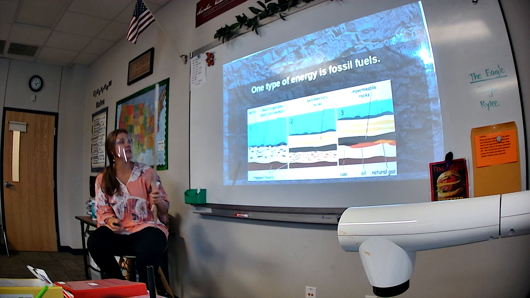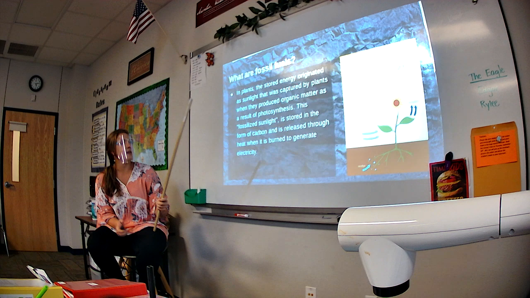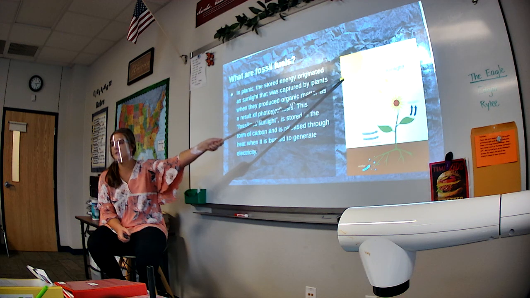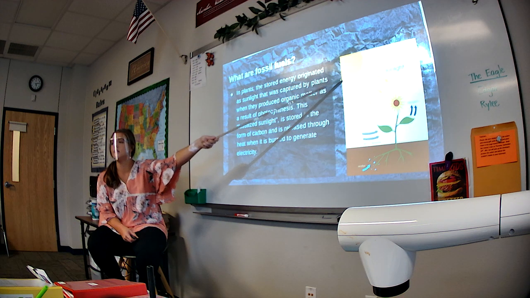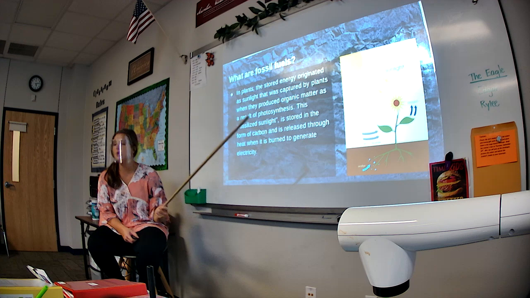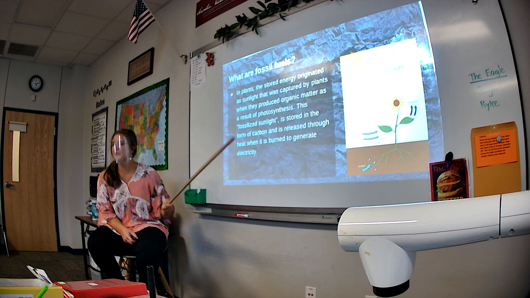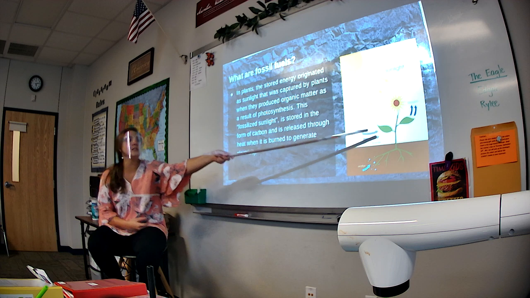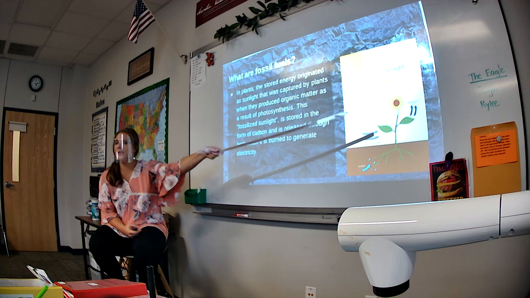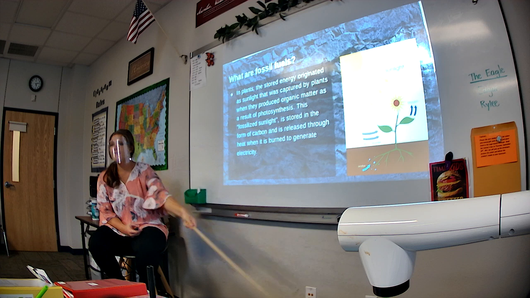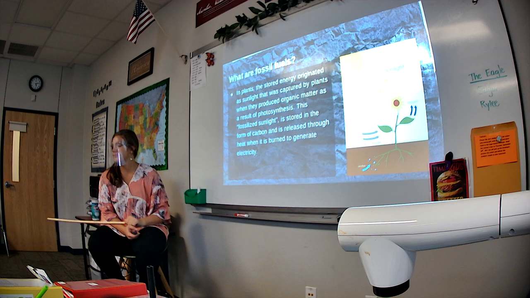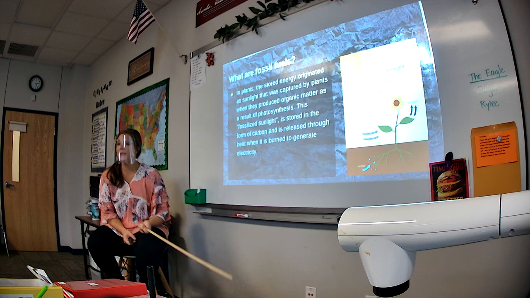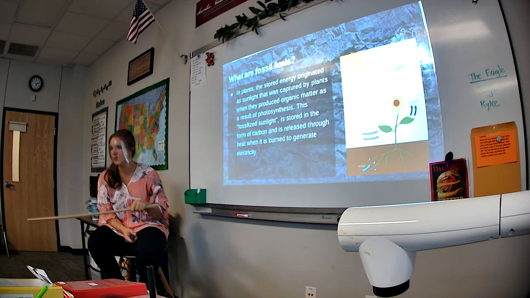So, the sun is the only object that can create its own energy. The sun itself is a huge ball of burning gas. When that gas burns, it releases light, which is a form of energy. And plants are kind of cool. Plants are the only thing that can take sunlight and convert it directly into food. The plant then uses the food to create energy, just like your body uses food to create energy as well.